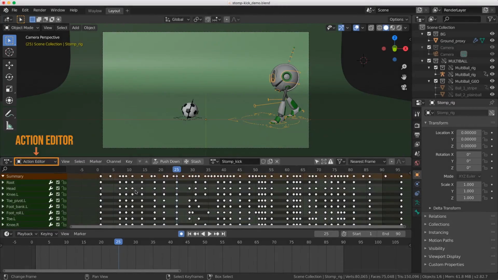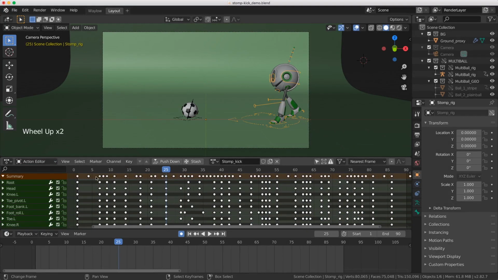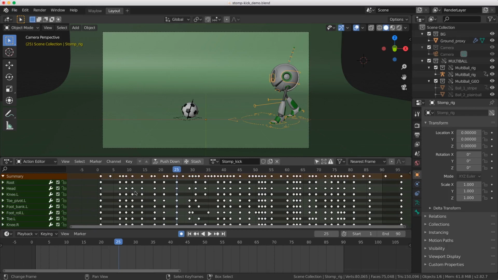So here we are in the Action editor, and I'll just go over a few of the key differences from what you've learned already about our timeline down here. So firstly, you probably can see that some of these keyframes have got different shapes. I'll go over those different shapes and what they mean in a moment. But firstly, let's go over the majority of the actions that you'll be doing inside our Action editor or the